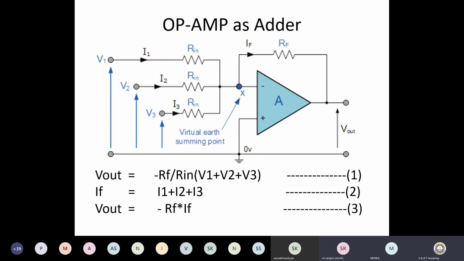Virtual means it is not at actual ground, but you cannot pass any current through this. We all know that the op-amp has very high impedance. I have put three R in parallel with the inverting terminal.